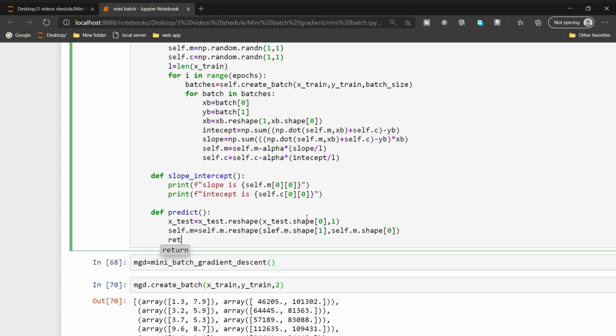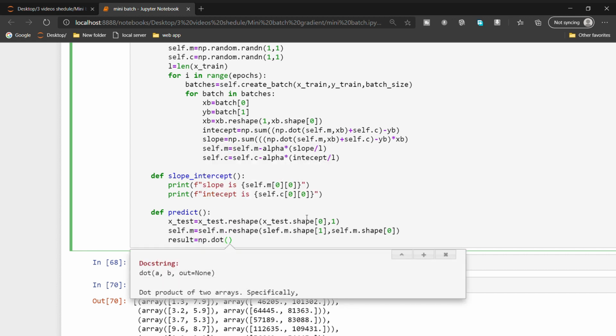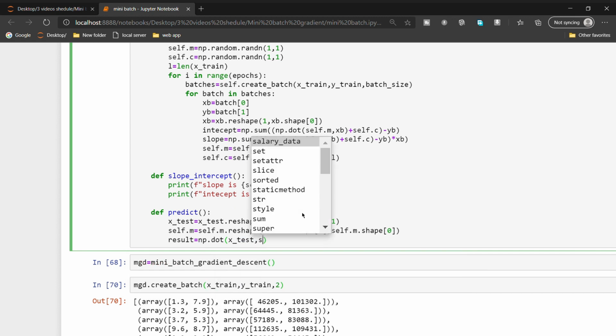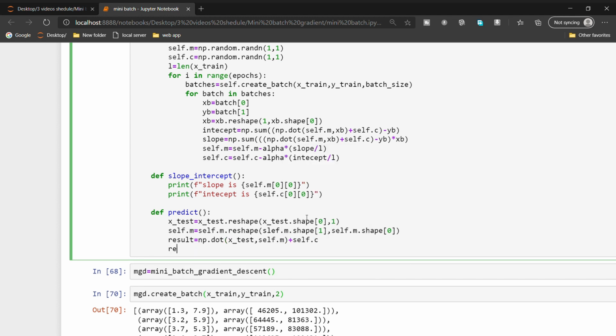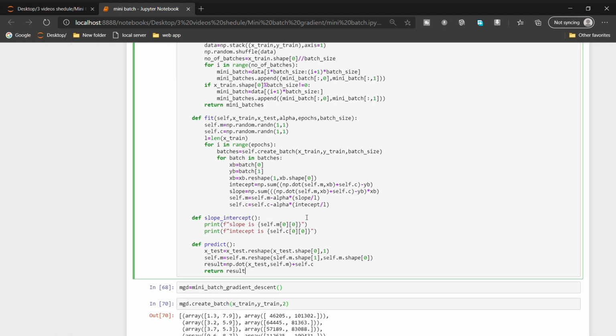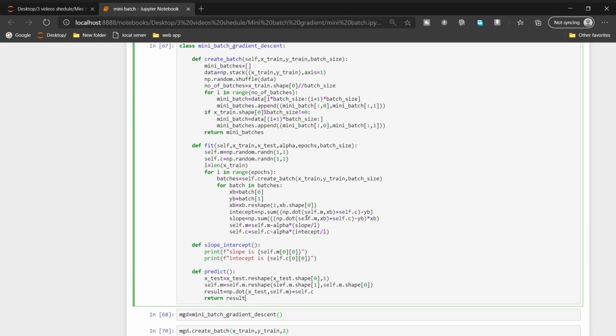Finally we need to calculate result equal to np.dot(xtest, self.m) plus self.c. Return result. Hooray, we completed our mini batch gradient descent algorithm.